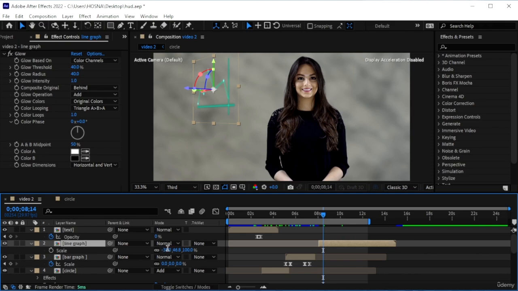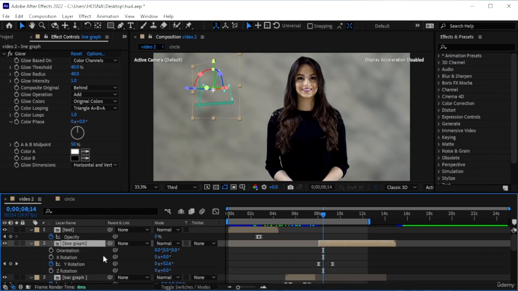Not sure why it's like that. Just gonna unlink this for a second. Make these positive 40, 40, and 40. Okay, we have something with the orientation. Y rotation, put that to 0. So we have our flat shape,